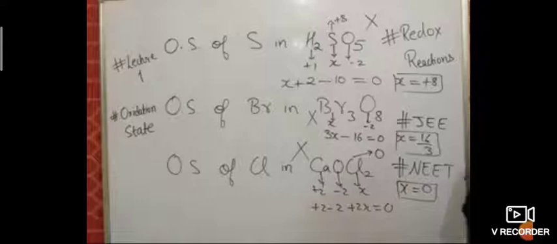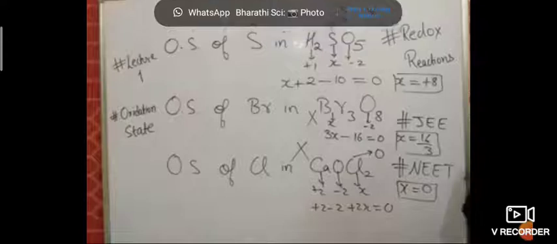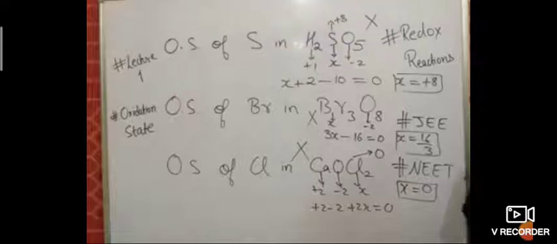So, the addition of an electronegative element to a substance or the removal of an electropositive element from a substance is oxidation. And the removal of an electronegative element from a substance or the addition of an electropositive element to the substance is reduction. So when you see this oxidation and reduction reaction, electropositive and electronegative elements are important. So oxidation is addition of an electronegative element.